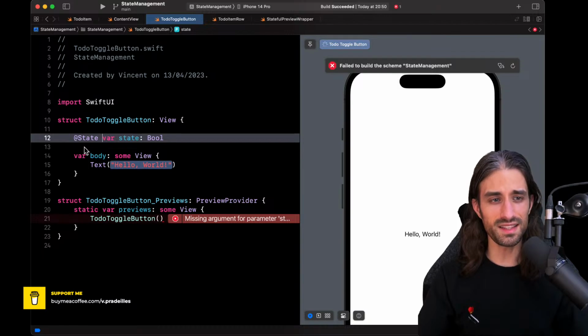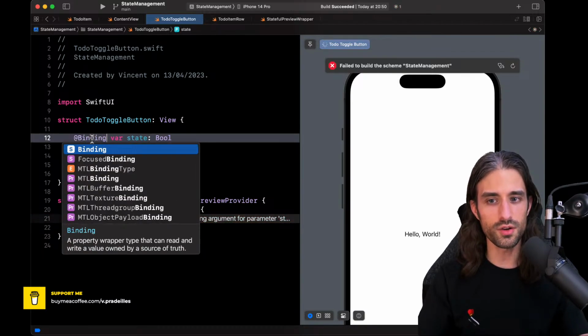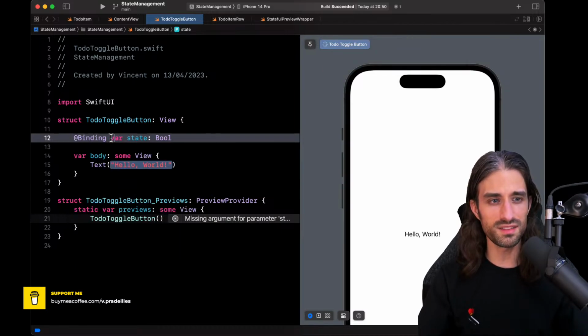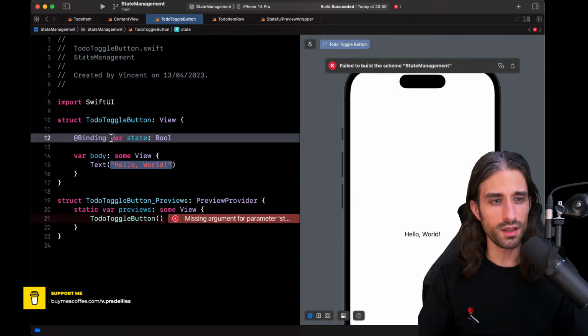And indeed, @State is not the best choice here, because there's virtually no scenario in which the button will own the Boolean value. The button is just a way to interact with this value, but it's pretty clear that something else will own this value. Just like with a text field, something else will own the text. So to reflect this in our SwiftUI code, we declare the Boolean with a @Binding, which means that the button will have a way to read the state and update it. When it is updated, the UI will also be updated. However, ToDoToggleButton doesn't own that state. It borrows it from a parent view.